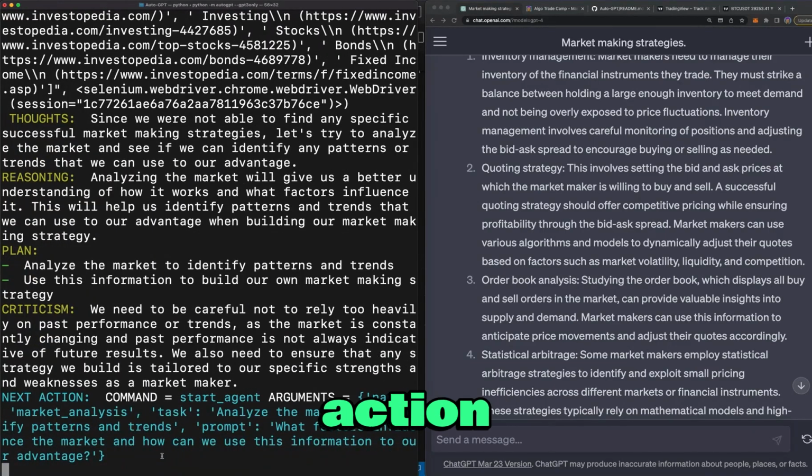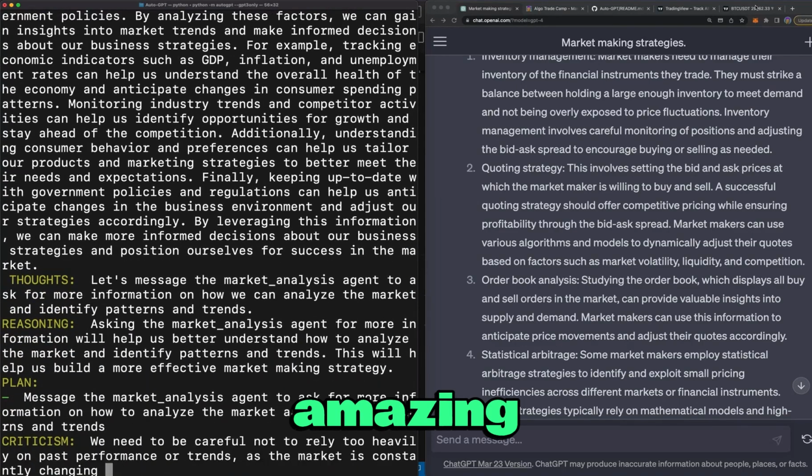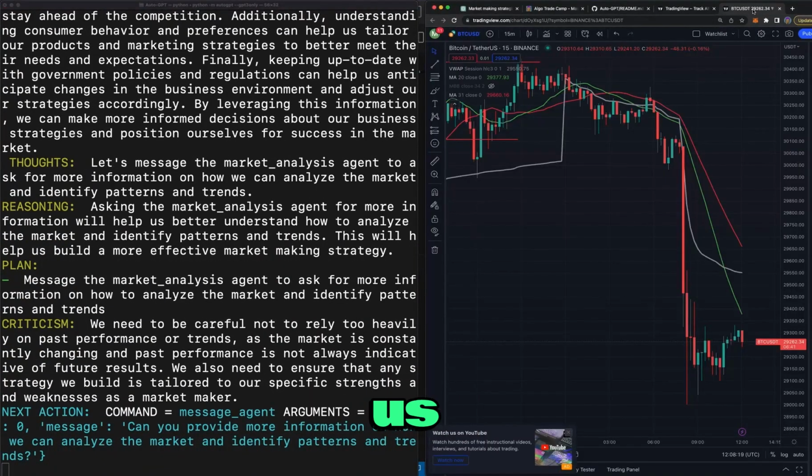And then the next action you can see here in blue is it says start agent, name market analysis, task analyze the market to identify patterns and trends. And then it says command agent market analysis created with key 0, first response: There are several factors that influence the market, including economic indicators, consumer behavior, industry trends, and so on and so on. I'm not going to read all of this out, but this is amazing, right? Like it's doing research for us. Message agent, can you provide